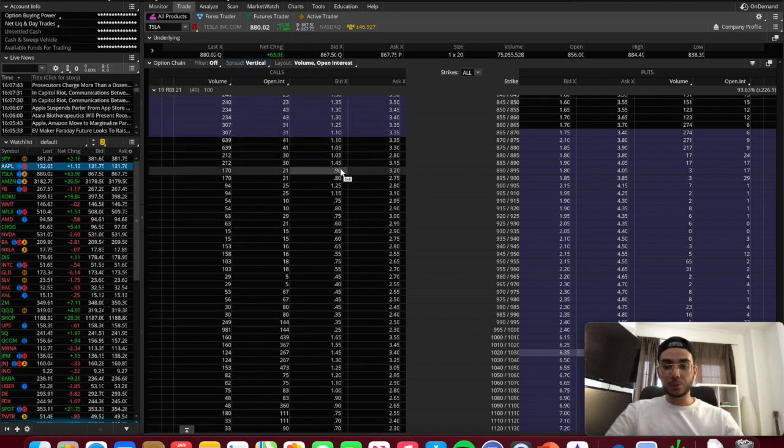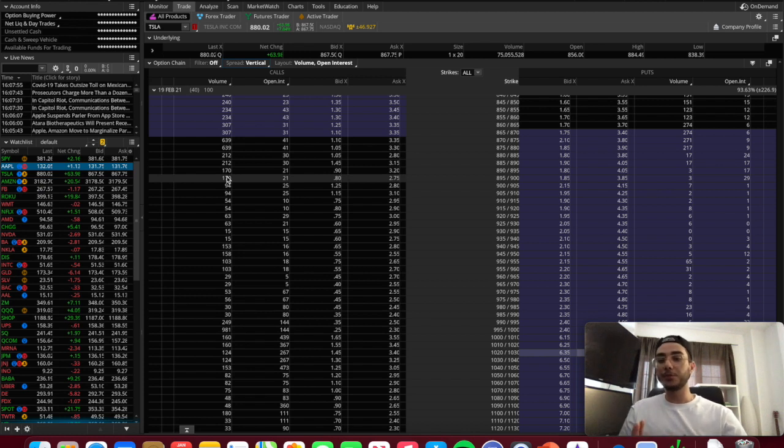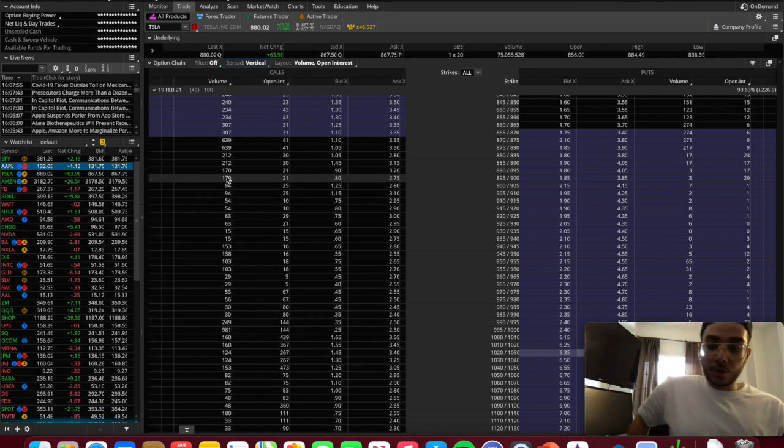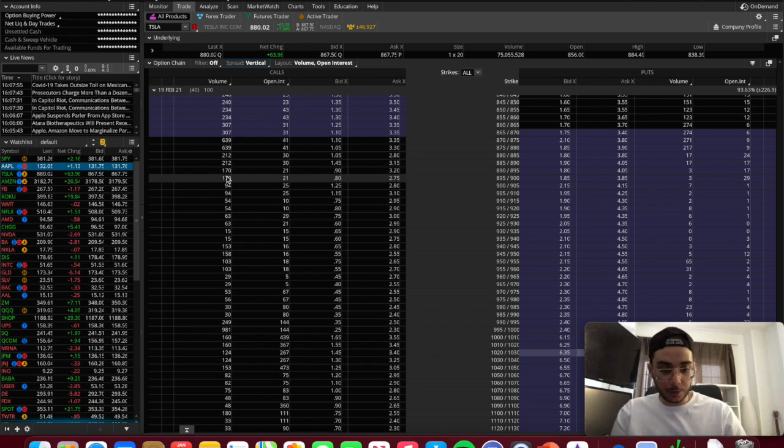look for which one of these strike combinations has more open interest and volume. So these are the open interest and volume, right? Open interest is basically the number of people holding their position overnight, and volume is the number of people trading that position within the same day, and they close their position before the market closes, right? So here we're potentially looking for more open interest.